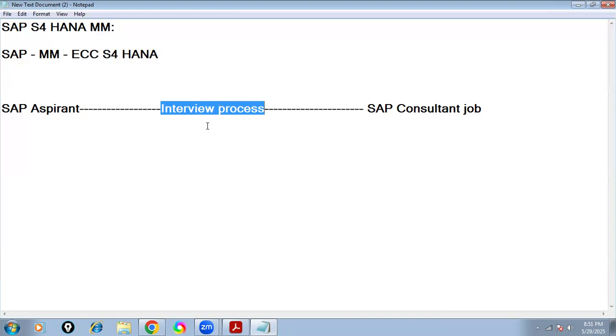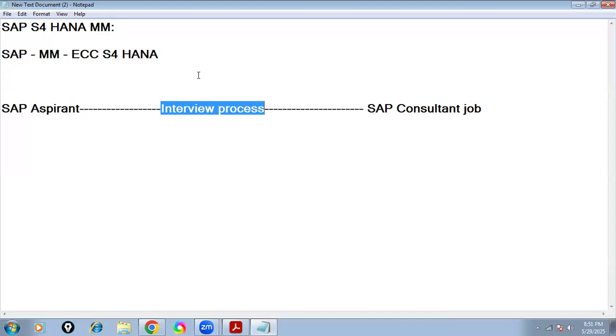So you should have clear clarity about the interview process also: how to prepare, what the main interview steps are, and how much effort you have to put in. You should be clear on these from day one only. You are not kids, you are already mature, and almost everyone here is a graduate. A blind journey doesn't work.